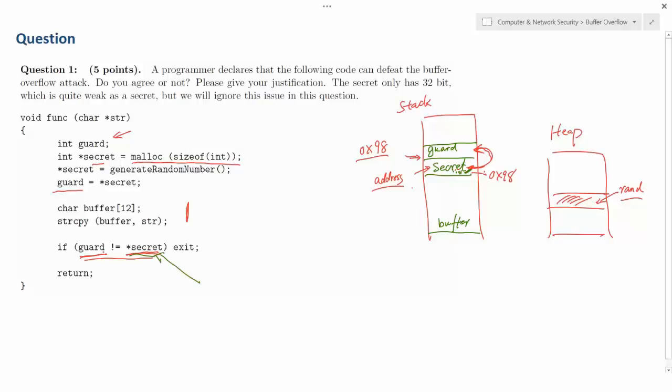The secret number is stored on the heap, but somehow the pointer is stored on the stack, and I can change that pointer. That's why my solution is much safer, because that global variable is not on the stack; it's completely on the heap.